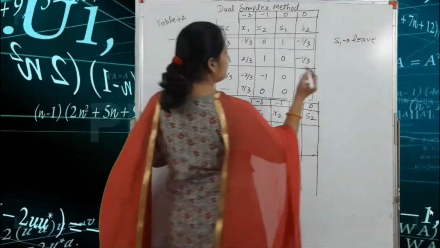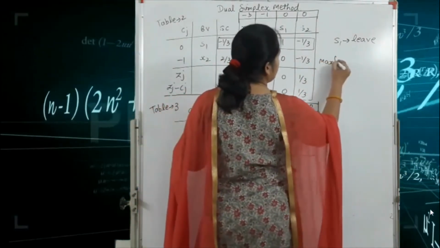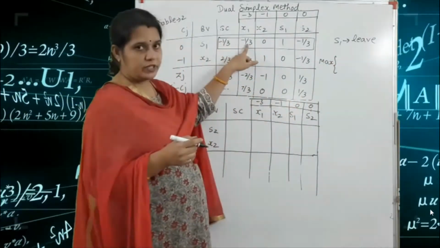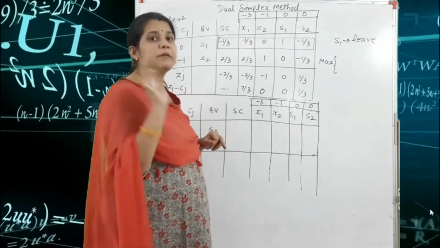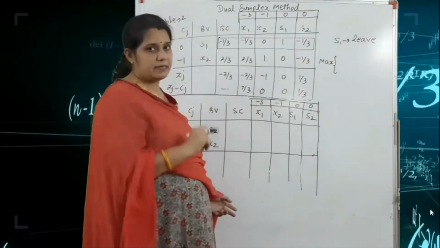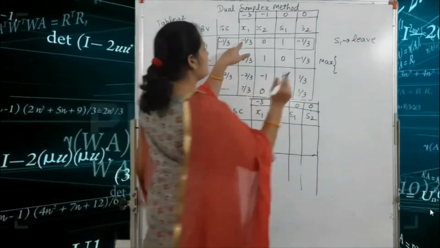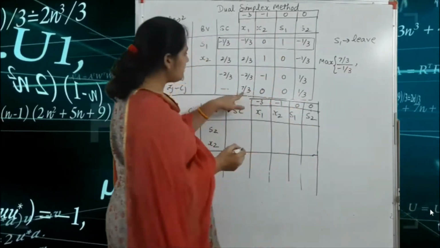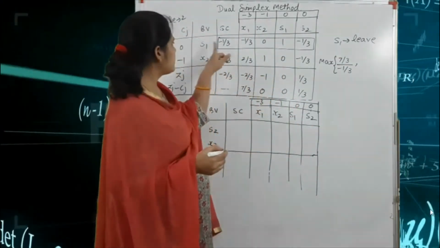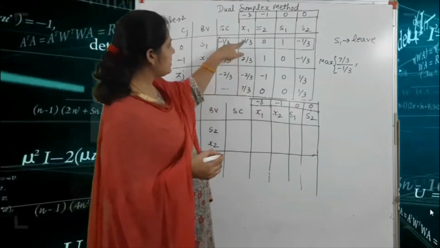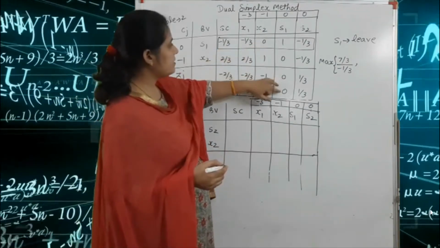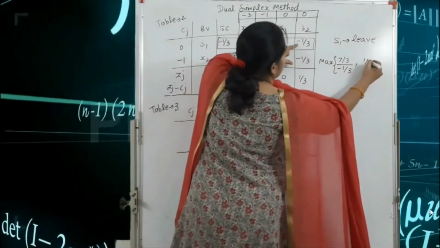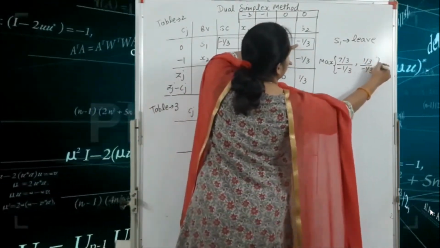So for finding the enter variable, we write here the maximize. Okay. So this is your z0 and this is your key row. Okay. And always you write here only the minimum value, because we find here the maximize value. So 7 by 3 divided by minus 1 by 3. Got it? 7 by 3, this is your z0 and this is your key column. So 7 by 3 divided by minus 1 by 3, 0 by 0, 0 by 1, this is your positive value, and 1 by 3 divided by minus 1 by 3.